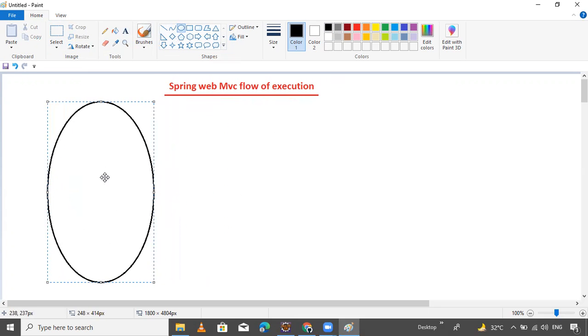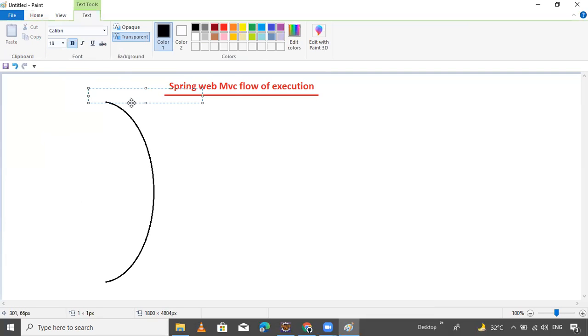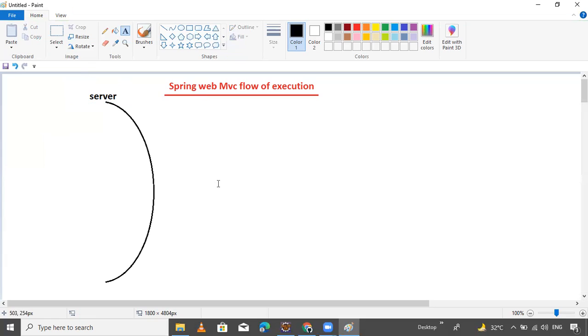Suppose this is our client side. This is our server. Any client submits a request to the server.